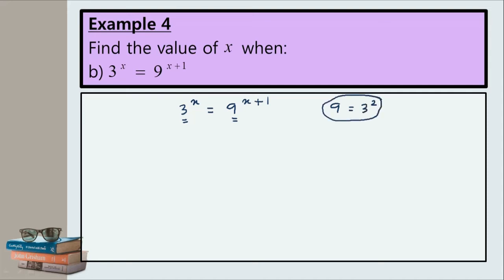So use 9 equal to 3 squared, change it into 3 to the power of x equal to 3 squared, put bracket, x plus 1. So now we have base 3 and base 3. That's why we can use method 1, which is compare base and power. So our power is x and